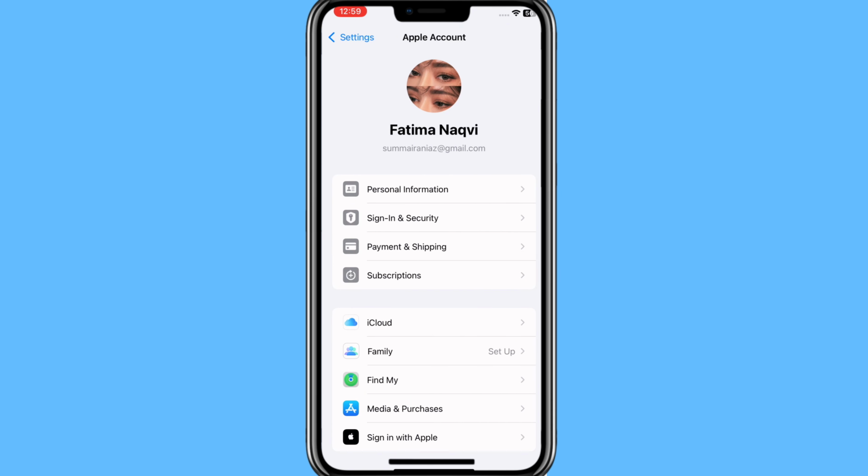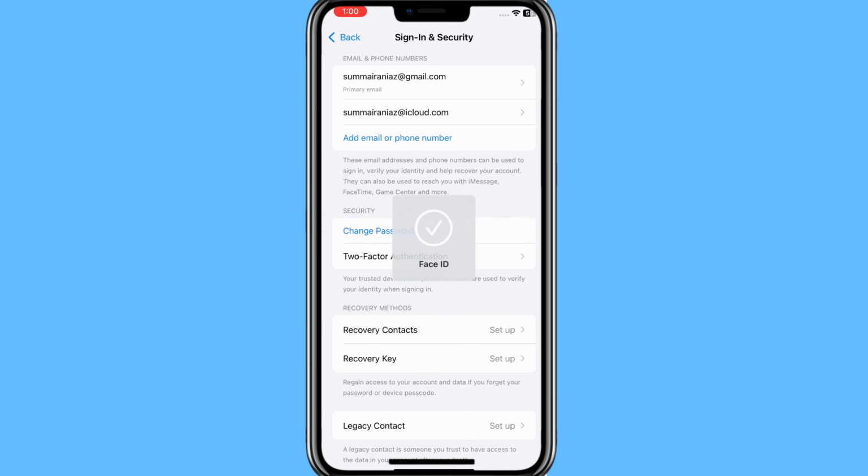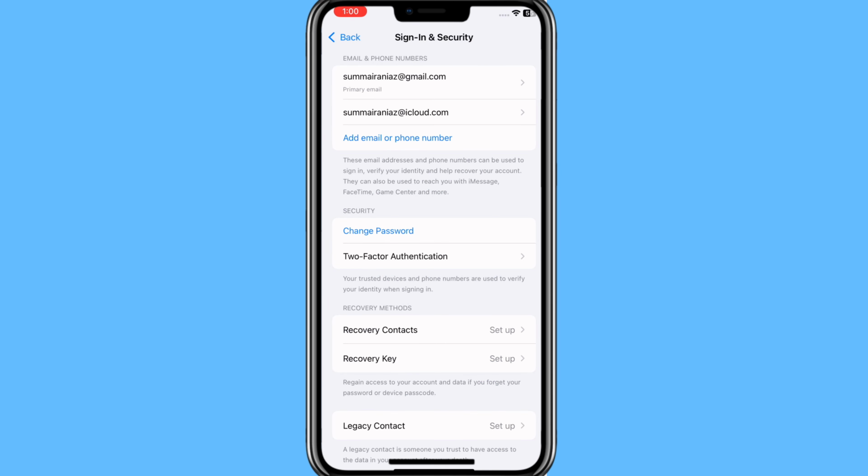Once you click on it, this type of page will appear. Here you can see the option of sign in and security. Click on it. Then the sign in and security page will appear on your screen. Here in security, you have the option of change password. You simply need to click on it. If you forget your password or there's some issue with your password, then what you need to do, go to